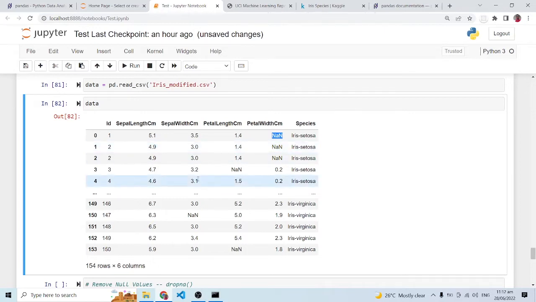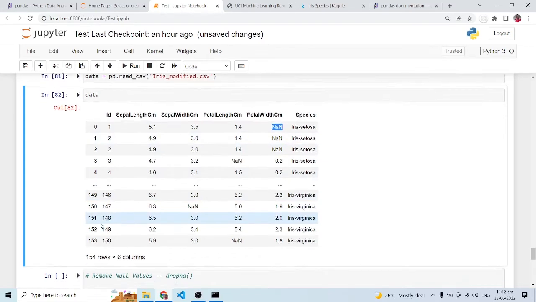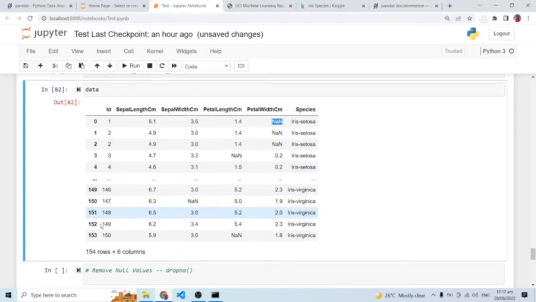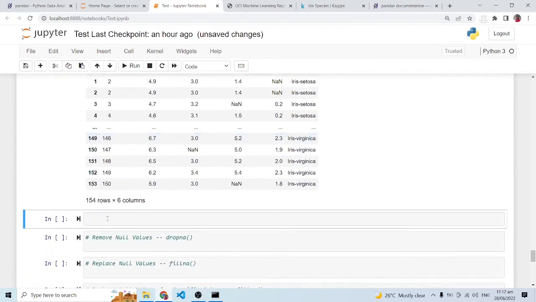Now sometimes, let's imagine the null values were in row, let's say, 50 or 100. Then we are not going to see it over here because it is truncated to just around the first 5 rows. So in order to have a proper sense of some of these things, once again, the info method is going to help us. So when I do data.info and run this